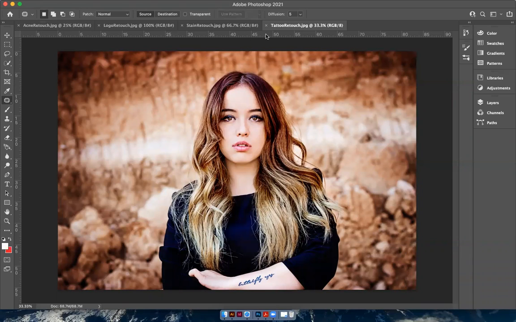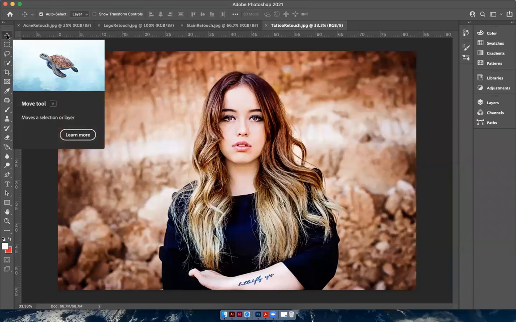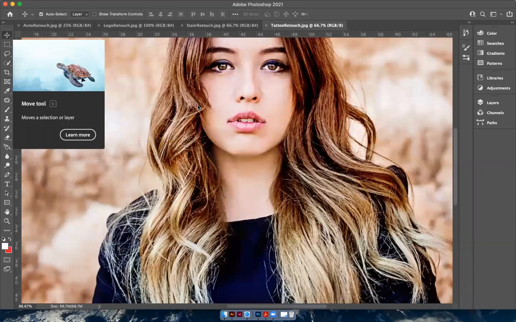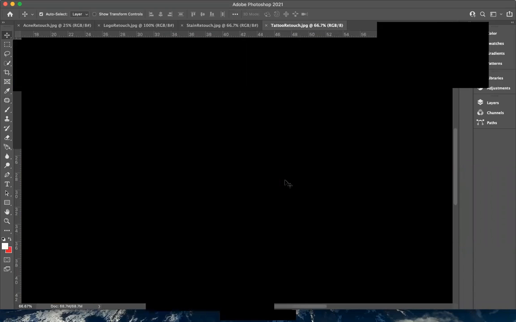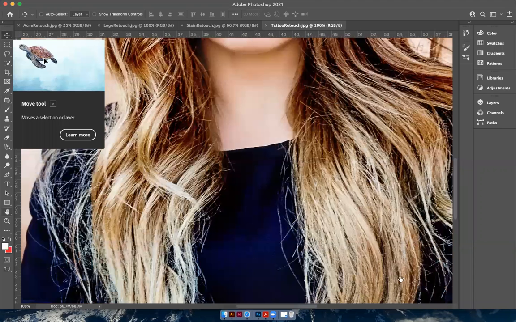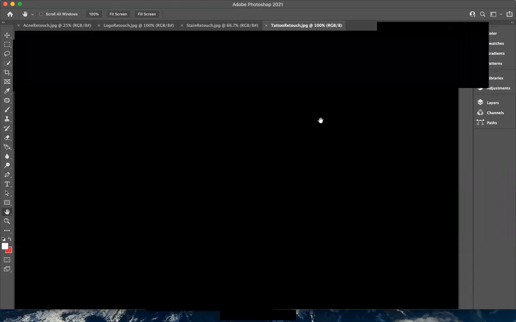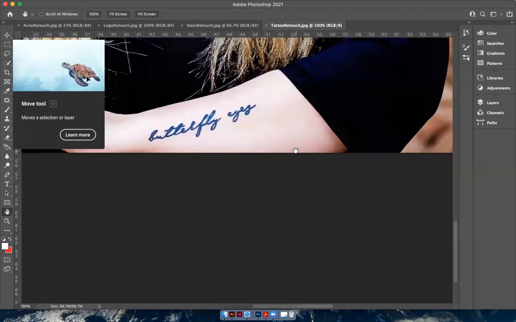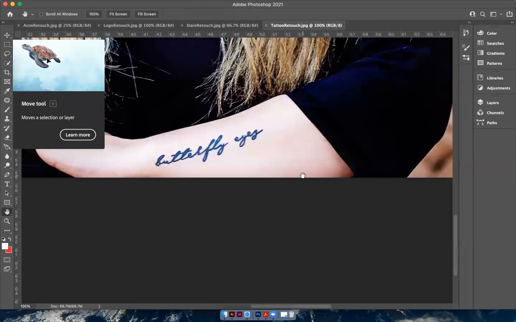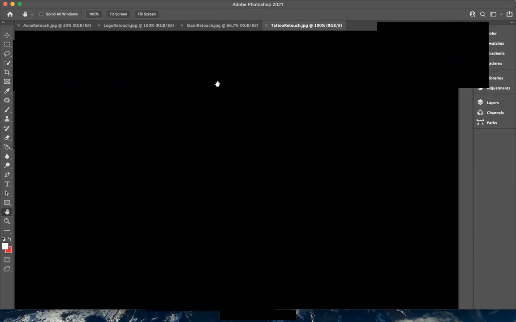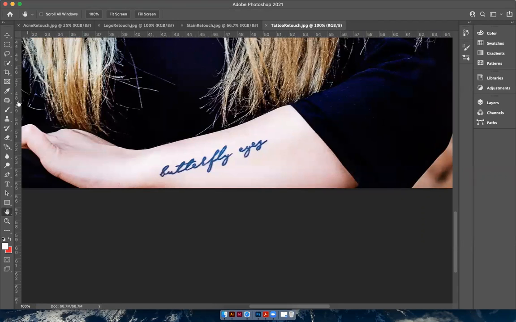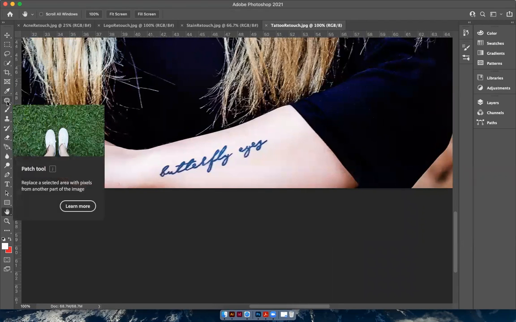Okay, so I'm going to go ahead and start with the tattoo retouch. I'm going to hit Command plus and zoom in on this picture. And then you can grab your hand and manipulate your picture till you get to the tattoo up close. Okay, and then for this, I'm going to use the patch tool to touch up this